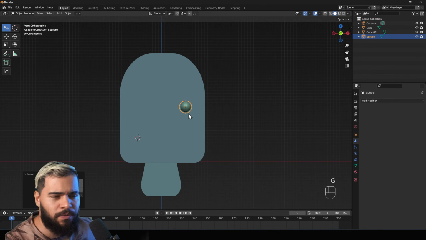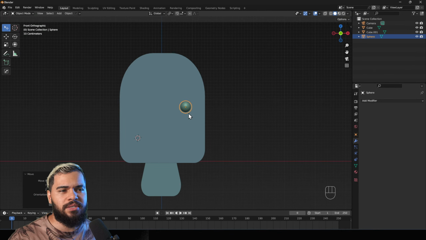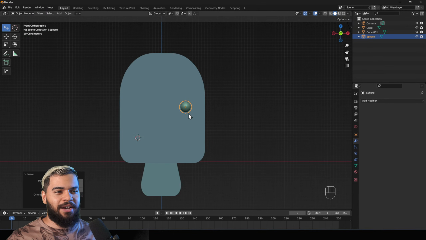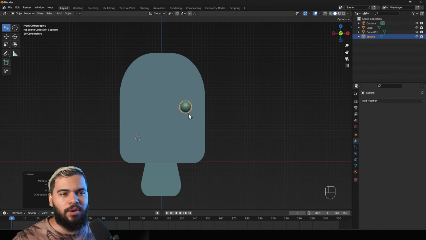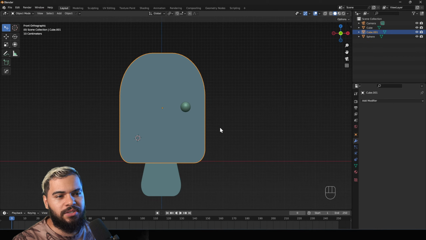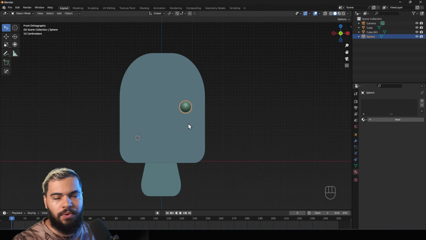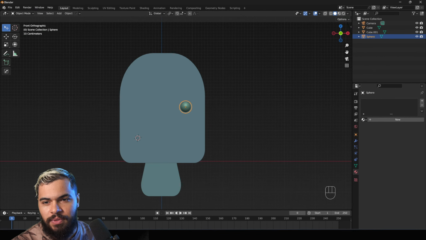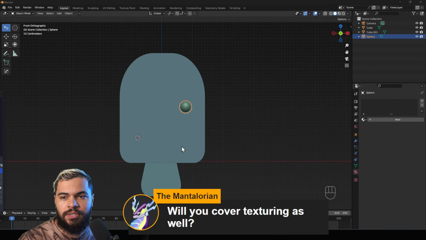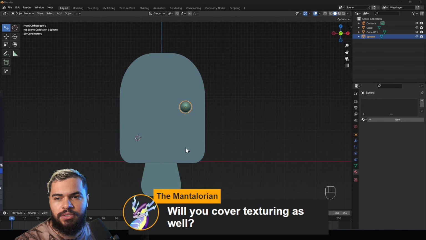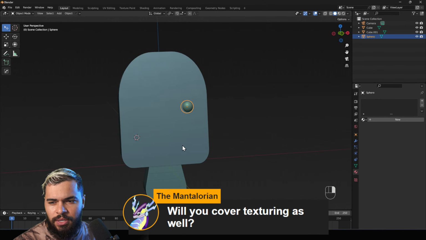Texturing, no, for now I'll keep just the very beginner level, alright? Texturing is a bit more complicated. We're just gonna keep with materials, simple materials soon. Okay, we're gonna add colors basically, just to answer this question here. In the future, of course, we're gonna talk about texturing.